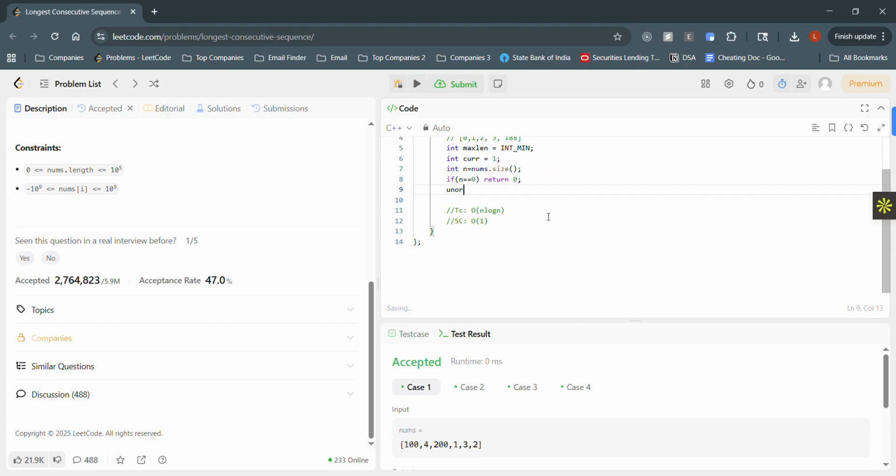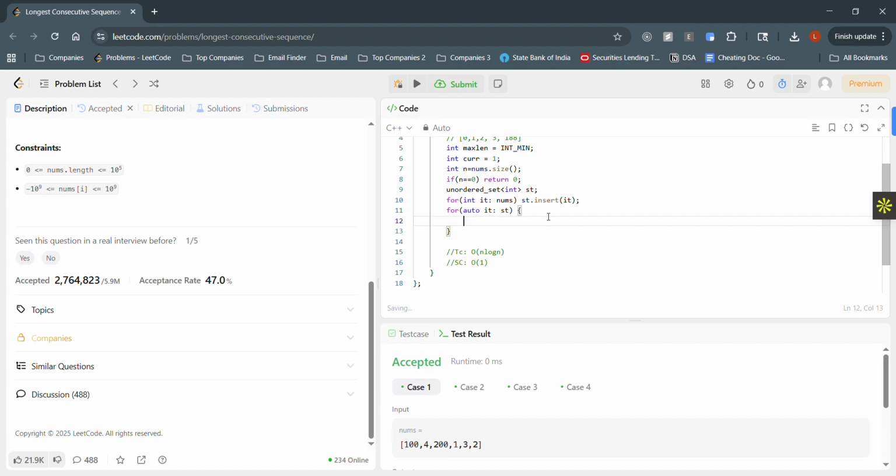I said that we will have a set here. So an unordered set of int type. Let's name it set. For int it in nums, I will do set dot insert it. Okay, this will take care of duplicates. Now I need to iterate through my set. So how do we take something out from the set? It's simple. We will iterate through our set. So auto it of set,